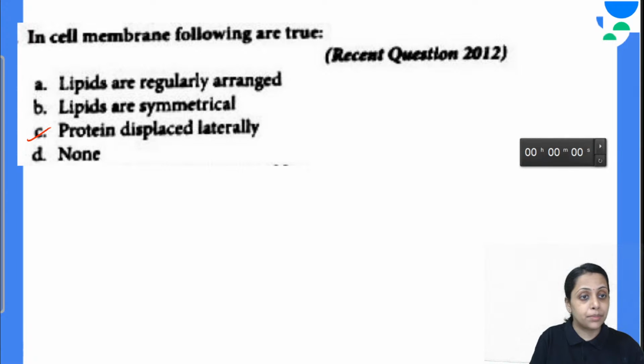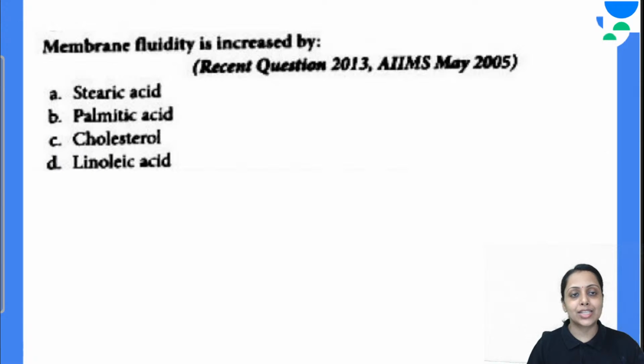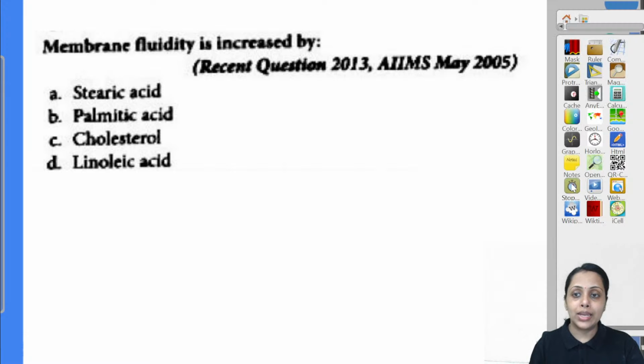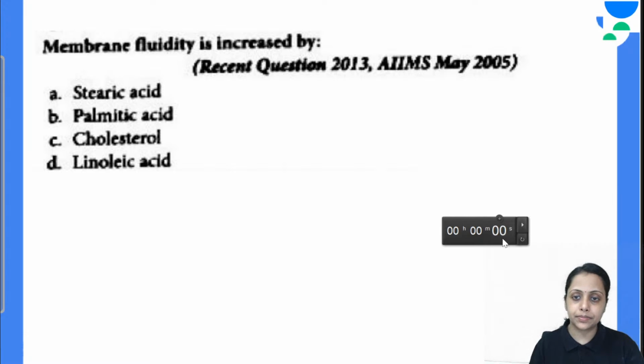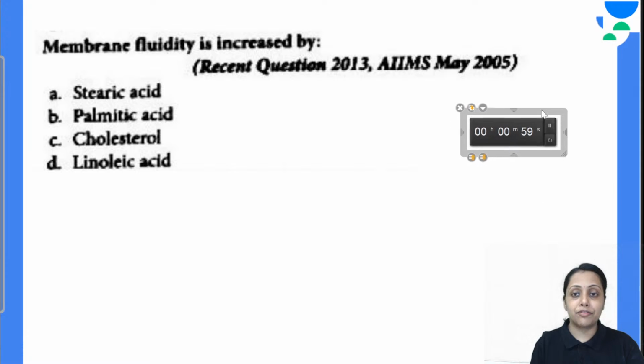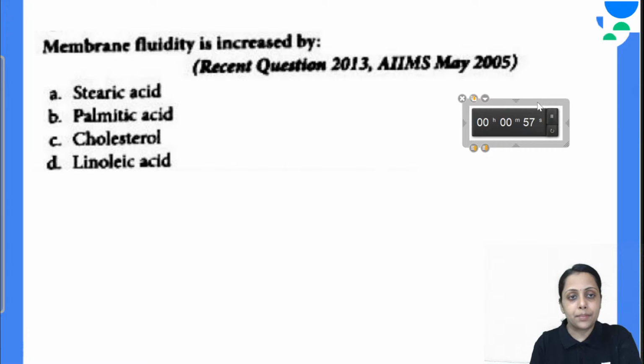In cell membrane, protein are displaced laterally. So answer is C. Coming to next question. Membranal fluidity is increased by stearic acid, palmitic acid, cholesterol, or the linoleic acid. Membranal fluidity is increased by